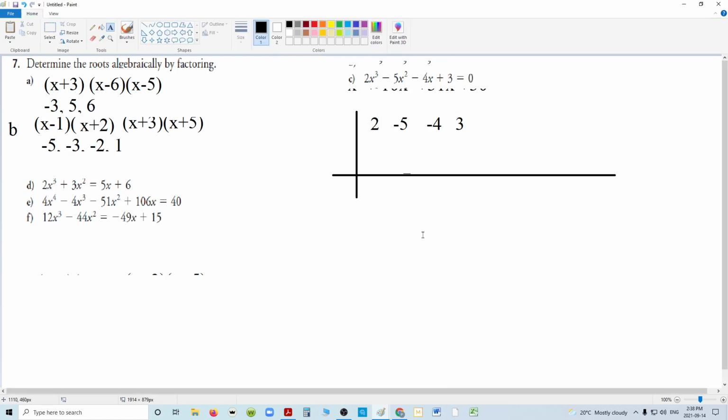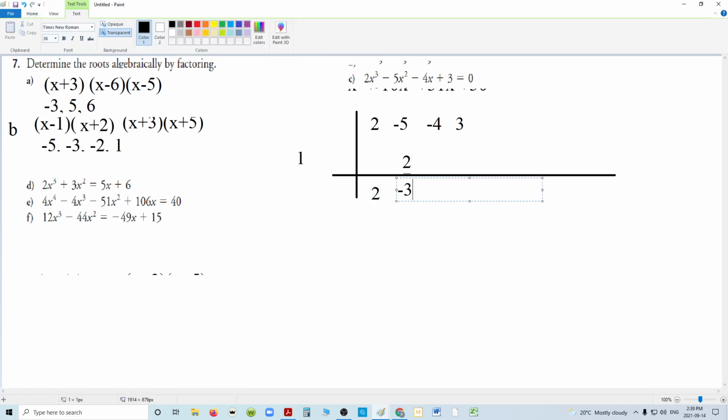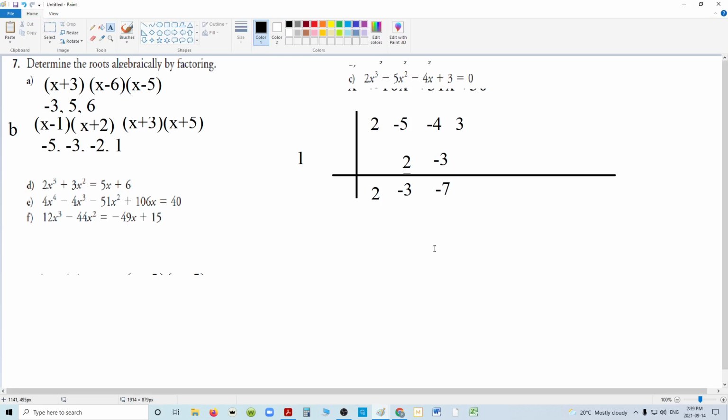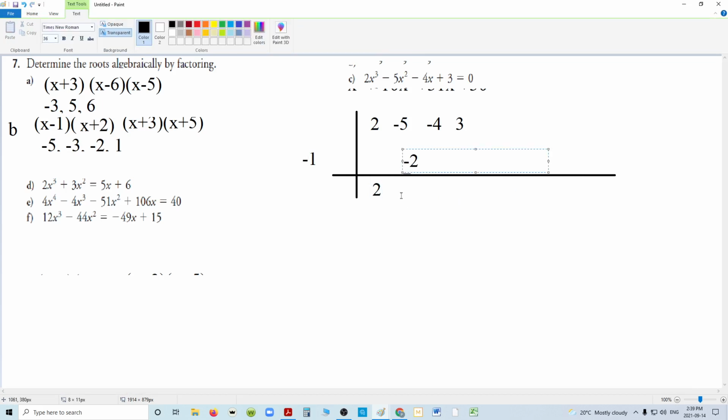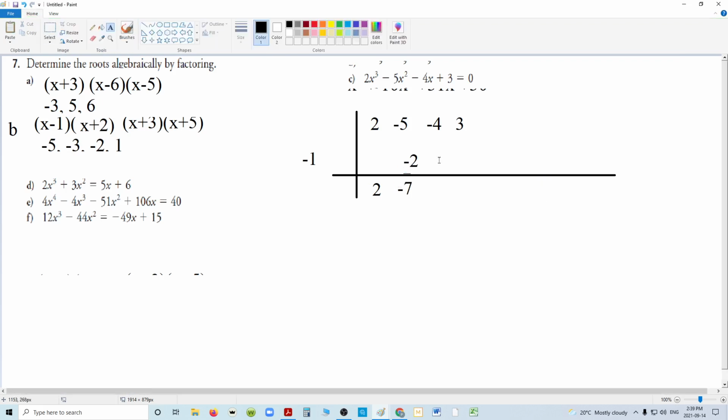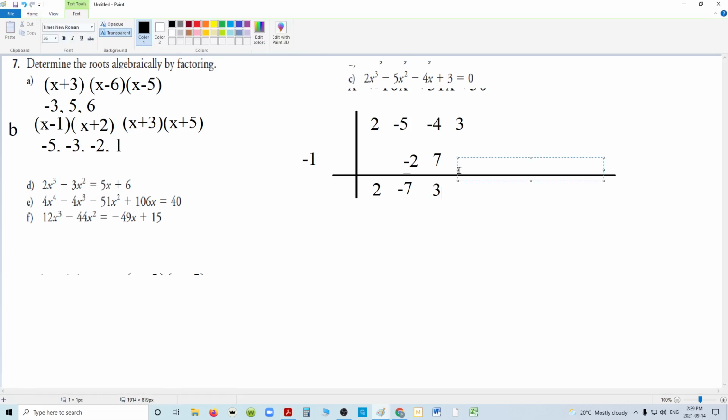Doesn't matter what method you use. Whatever method's the fastest, this is the one I would recommend. Nope. So we're going to try -1 now. I'm willing to bet -1 is one of them. Oh, no. Oh yeah, it is. Great. So we're left with x plus 1, and then 2x squared minus 7x plus 3,